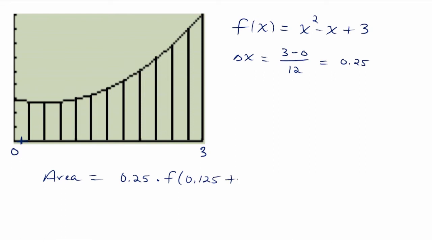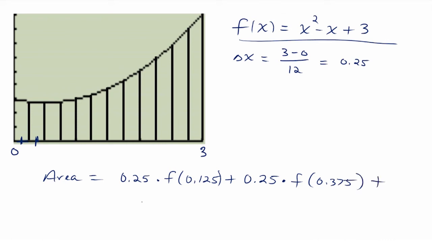And then we'll add that to the second rectangle. Again, the width is 0.25 times f of its midpoint, 0.375. We will plug that into function f to get that next rectangle's height. So 0.25 times f of 0.375, plus